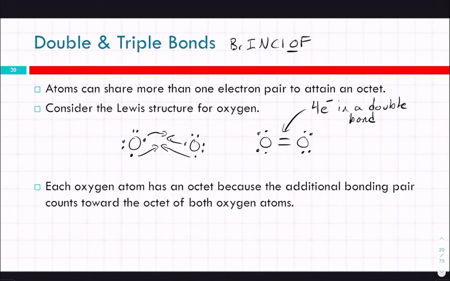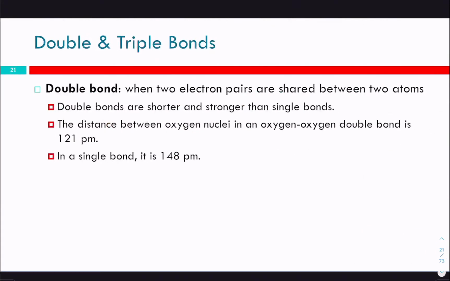So if we count up the number of valence electrons that each of these has now, we've got 2, 4, 6, and 8. So the double bond is actually shorter than a single bond because they're sharing twice as many electrons. So you have to be closer to share those electrons. The length of an oxygen double bond is 121 picometers, which is